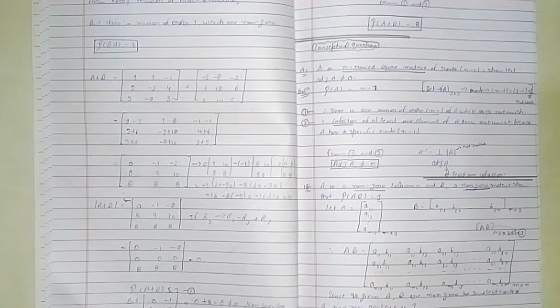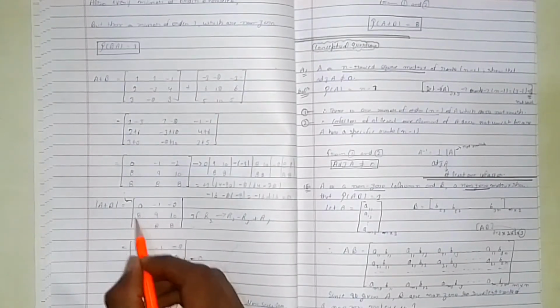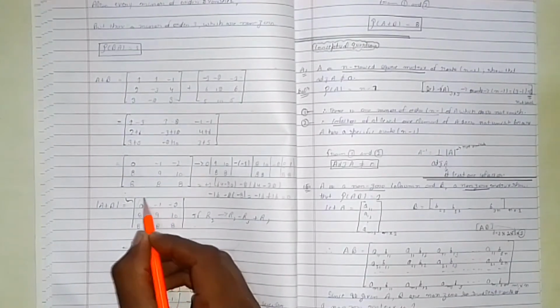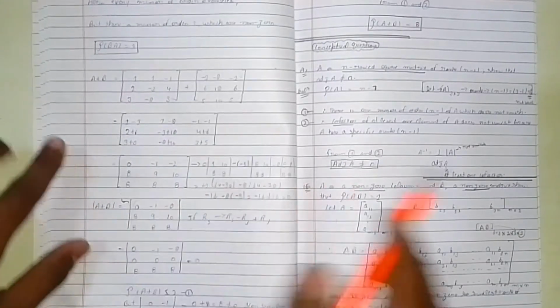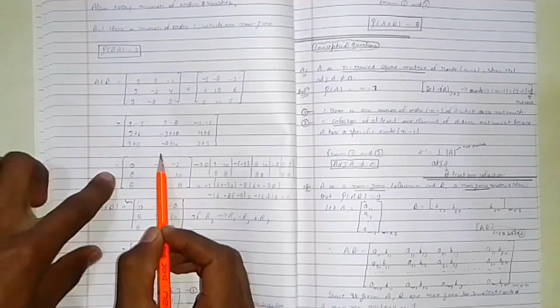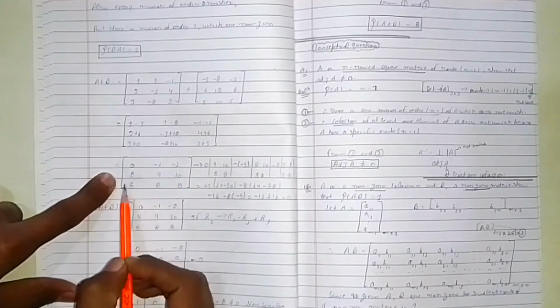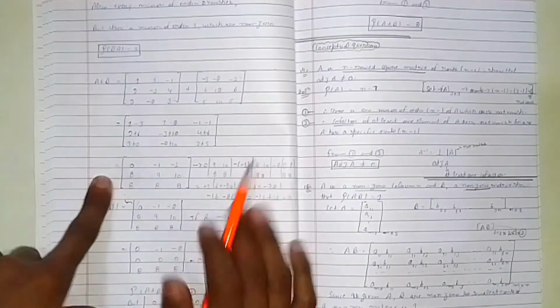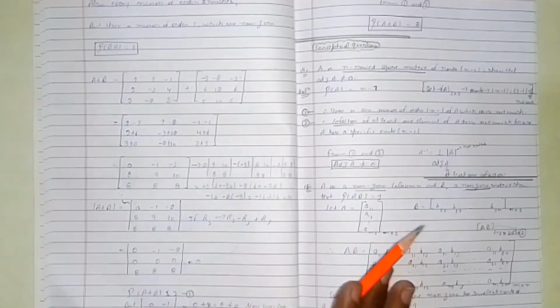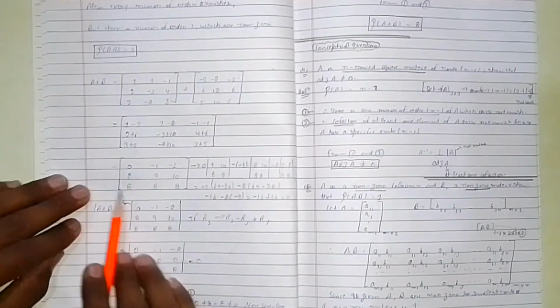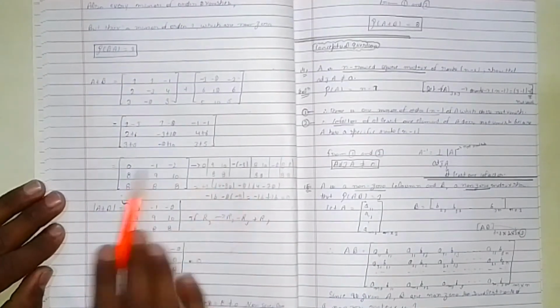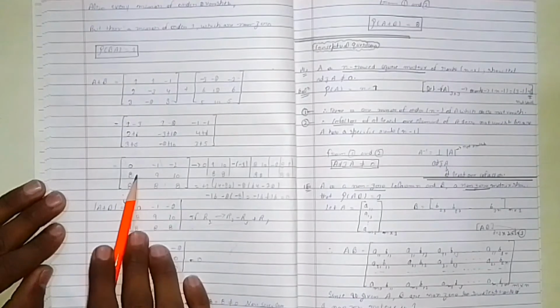0, -1, 8, 9. I am getting this on which I apply the operation, which comes out to be my matrix. -1 into 8. It's my original matrix. If you don't apply this, you also get the same result. If you do the mod of this, you get 0. If you do the minor of this, you do not get 0.